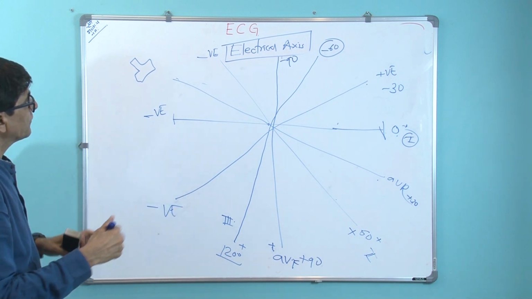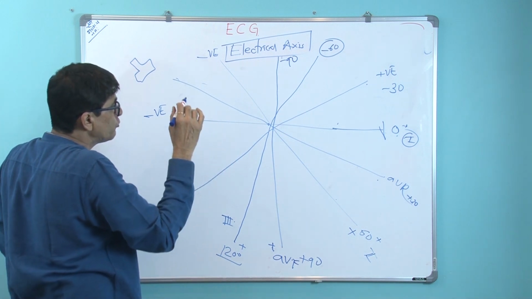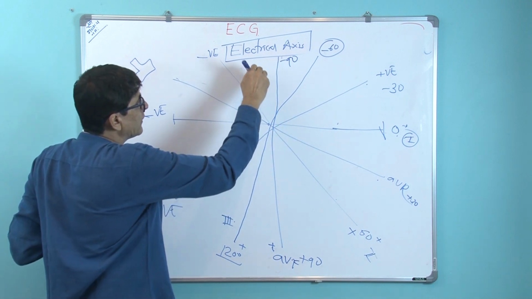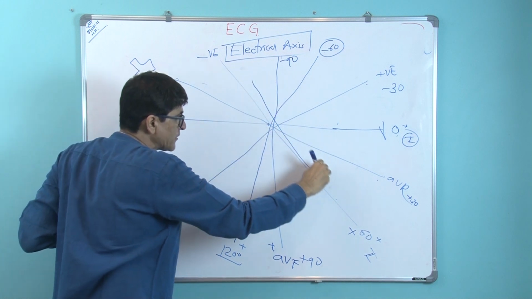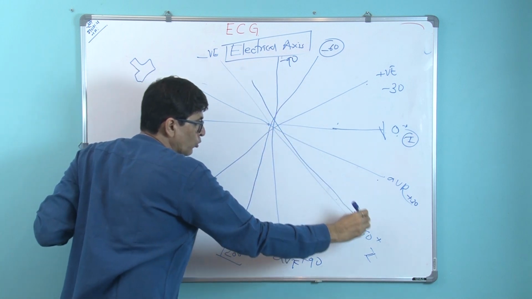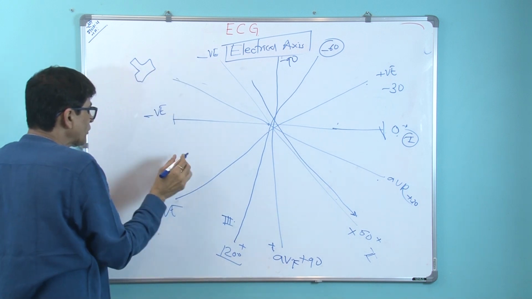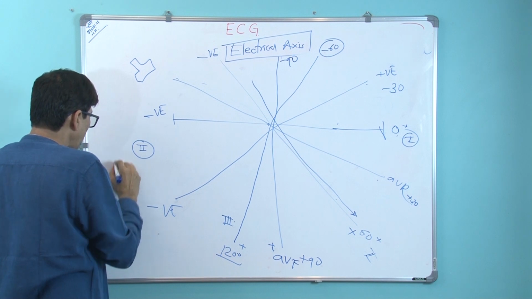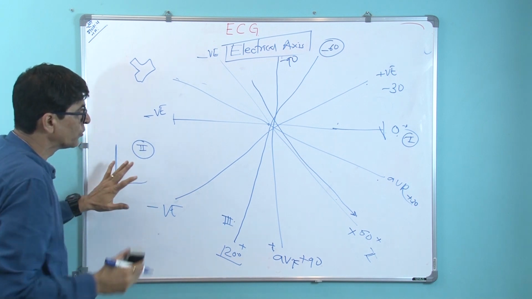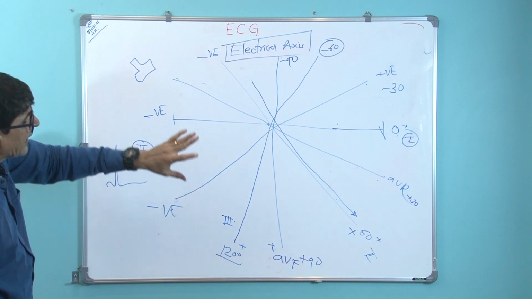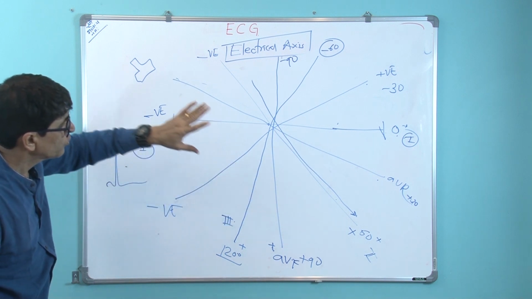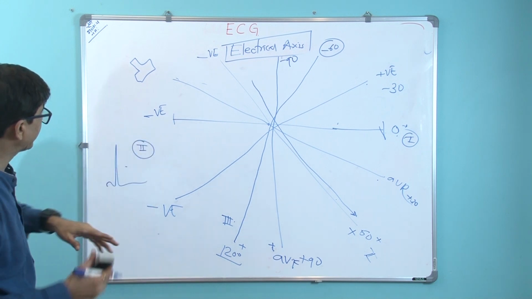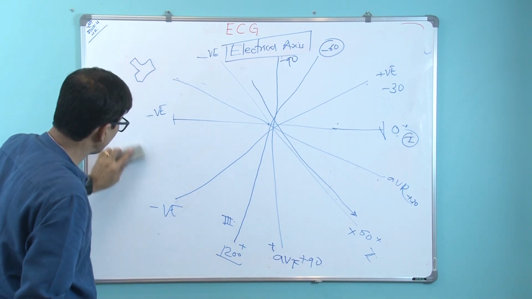Now, usually, most of the time the depolarization wave is towards lead 2, the positive pole of lead 2. So, most of the time on ECG you will find good deflection of PQRST in lead 2. I will show an ECG and I will tell you how to calculate axis. There are two ways of calculating axis. Suppose I am giving you an example now.